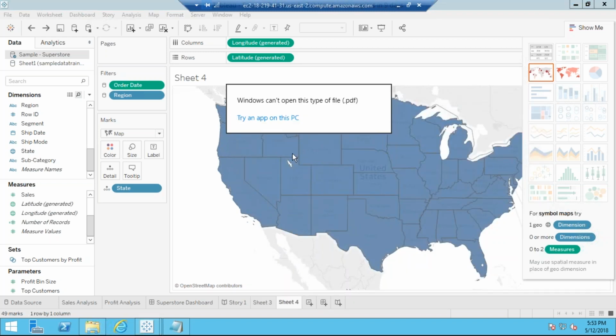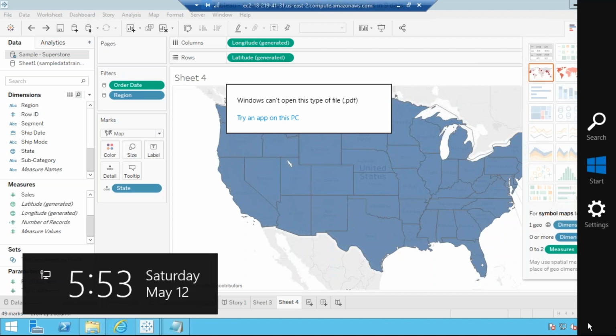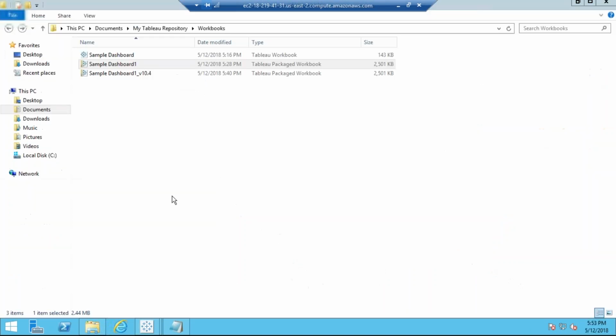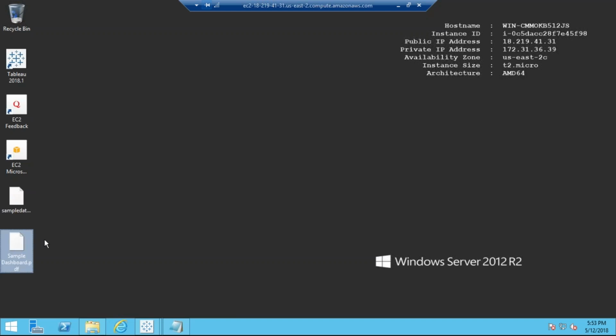PDF can't be opened on this machine because I don't have the PDF reader here. So what I have to do, I can just copy it to my local machine. So this is the PDF file here.